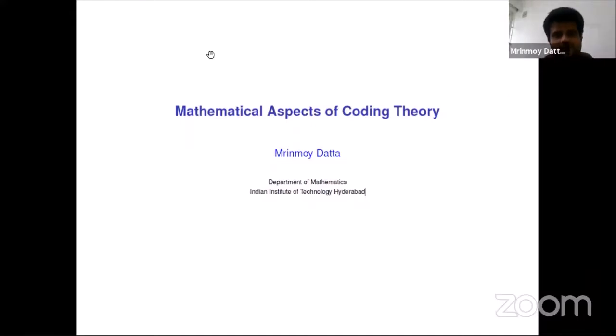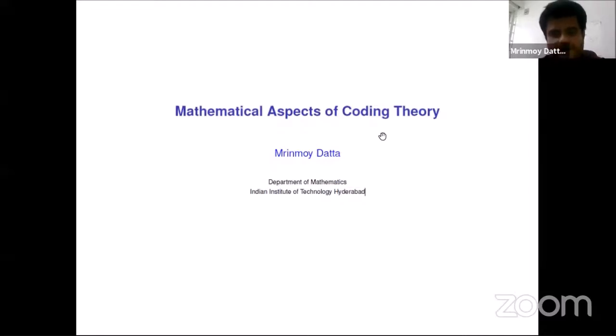Today I'm going to talk about mathematical aspects of coding theory. So the main application, as you can see from the words, is coding theory. So it is used in information theory in the